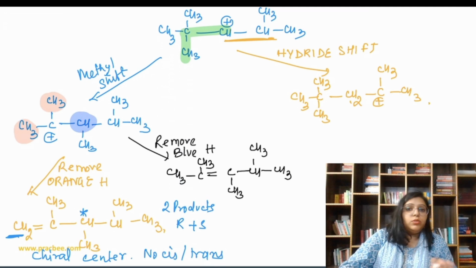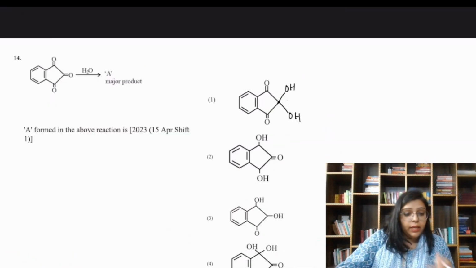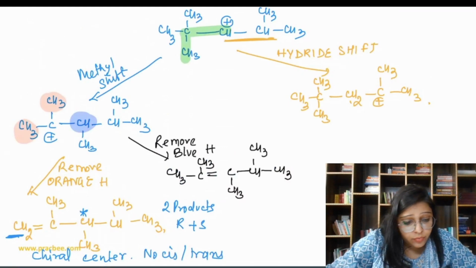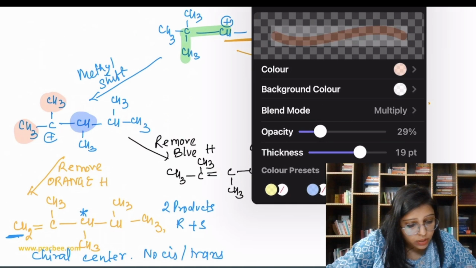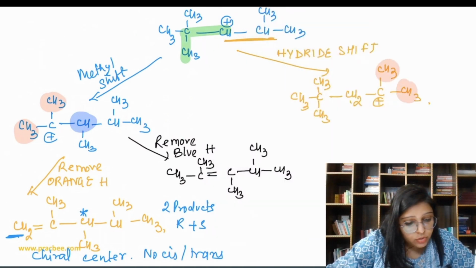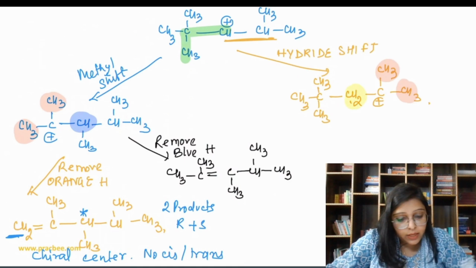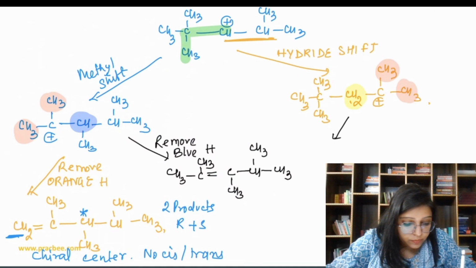So no cis-trans over here. Right now we have 3 products in hand. Now just try to form from here. So if we remove orange hydrogen, and we can also remove yellow hydrogen, okay beta. So the point is, if we remove yellow hydrogen,